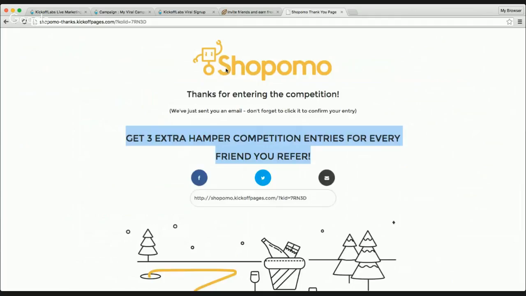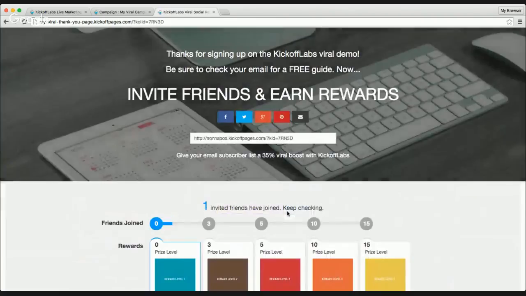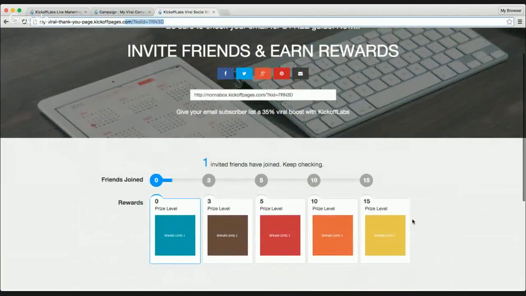But let's close off these pages. Another very simple page. Let me show you kind of what it looks like. Cool. Alrighty. So let's start building something that's similar to this, where we can get a sign up page. People are redirected to a dedicated thank you page, and they get the chance to share and earn rewards afterwards.